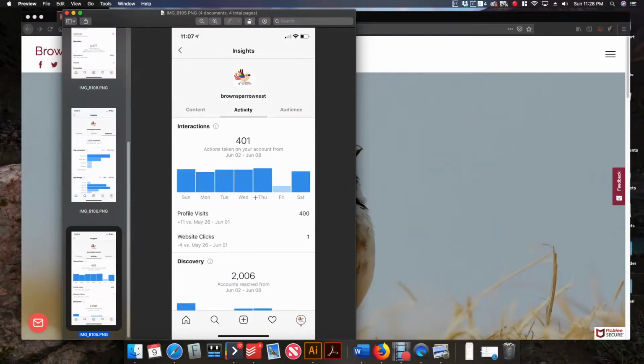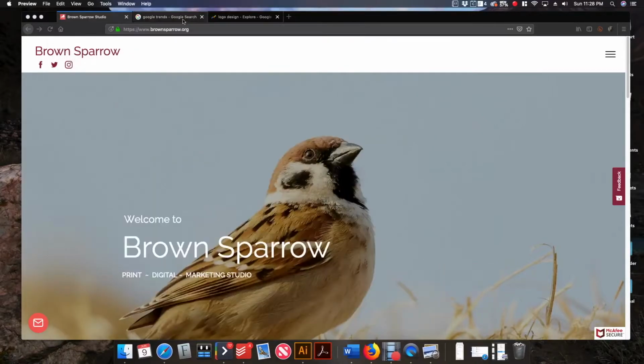And this is information that everybody gets on Instagram, like what days are popular, your profile visits, website clicks, things like that. So we can get an idea of what's going on. And some people would just see that and then just make an ad based on this data, but that's not really marketing properly. So we're going to use a tool called Google Trends,